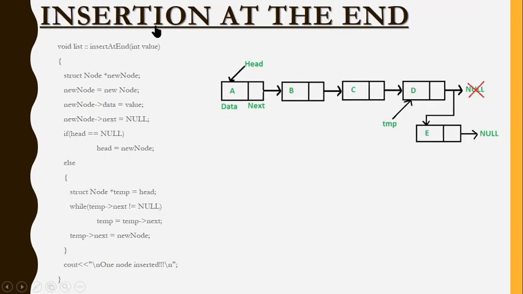Next, we see about how to insert at the end. The same procedure we have to follow like what we have done for beginning. The 4 steps, always remember, that's mandatory for the insertion. Create a pointer, dynamic memory allocation using the new keyword, enter the data and check whether this is the only node or this is going to be added with the existing nodes.